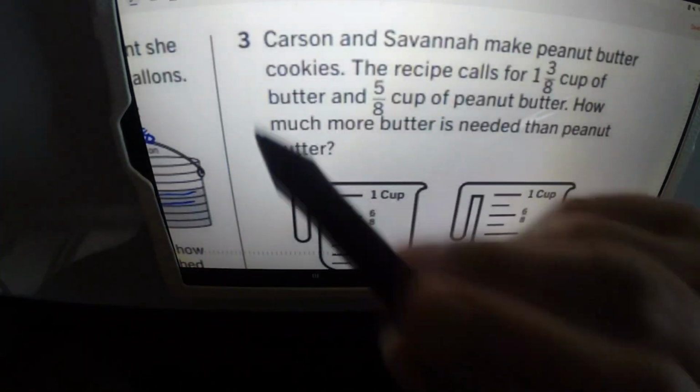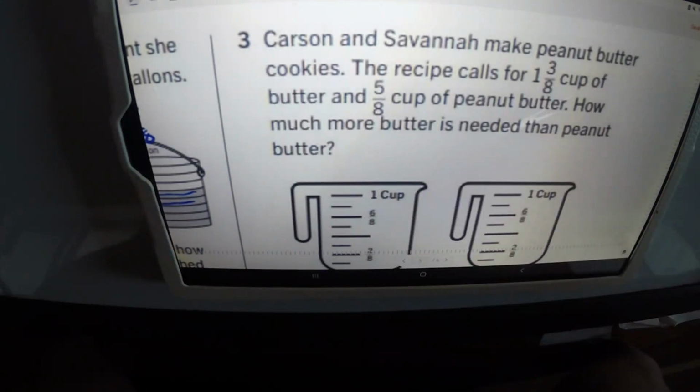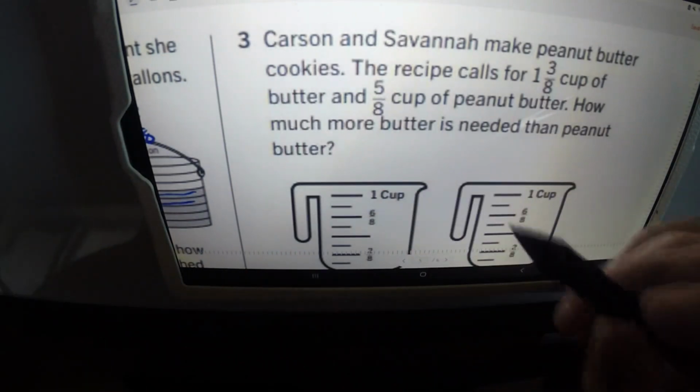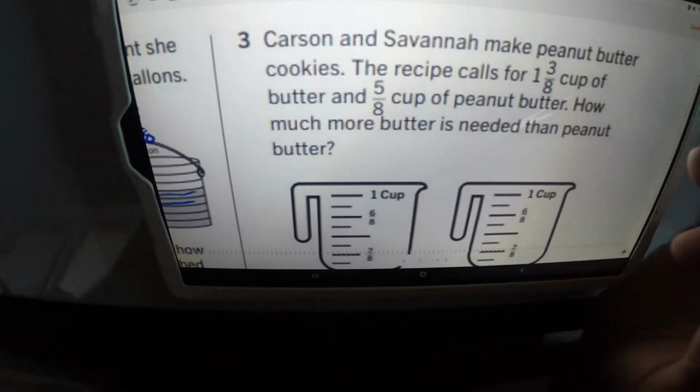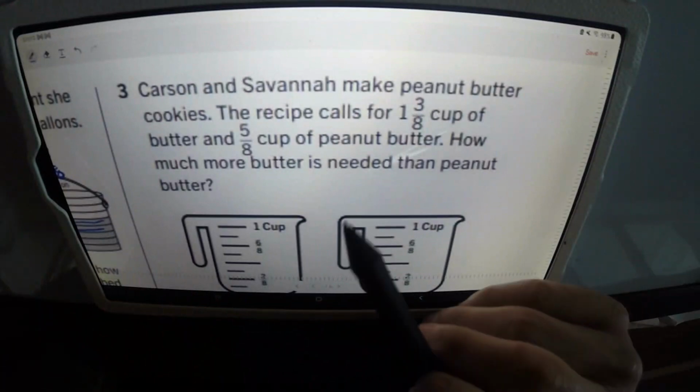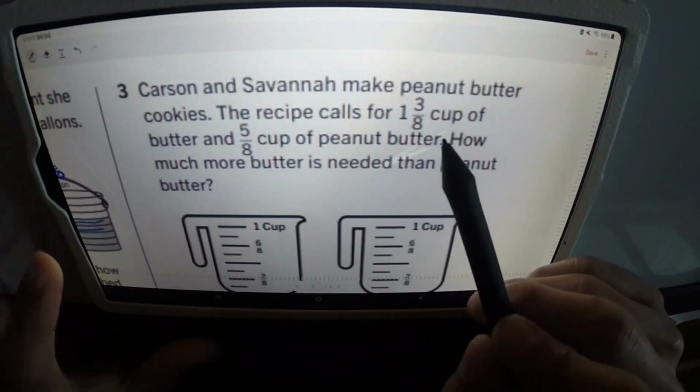Now on to number 3. Carson and Savannah make peanut butter cookies. The recipe calls for 1 3/8 cups of butter and 5/8 cups of peanut butter. How much more butter is needed than peanut butter? So how much more is this